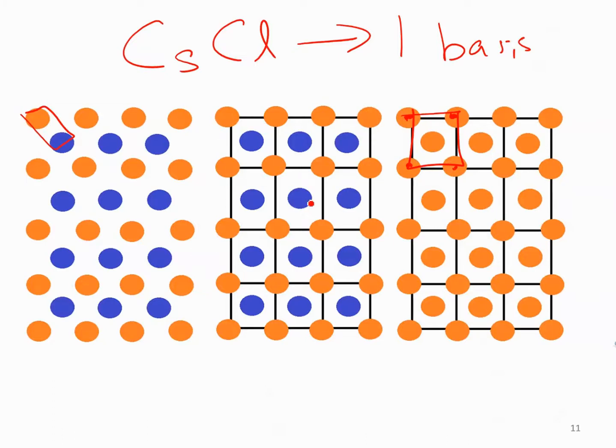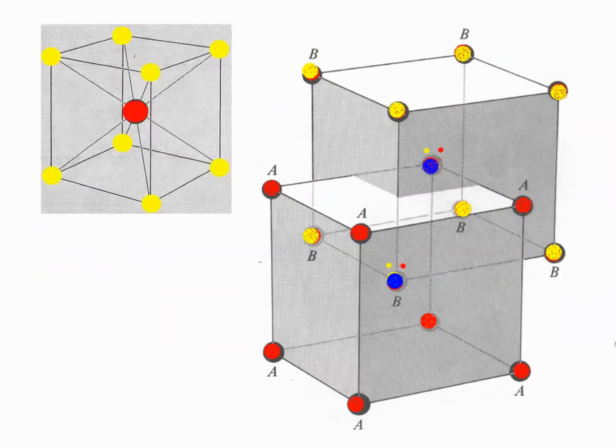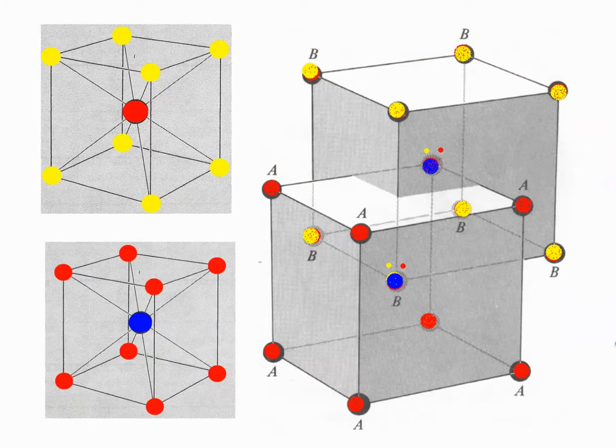This structure is the same as this one, and both of these belong to simple cubic structure. This is in 2D. If I draw in 3D, I'm not sure you notice or not. Let's say the red one,